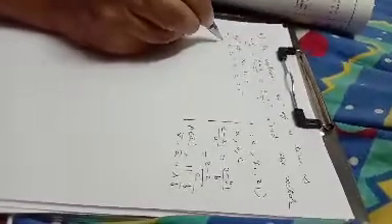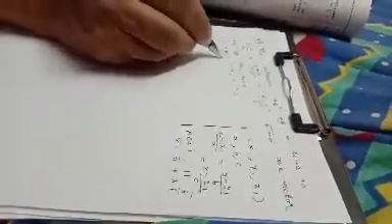From given equation of line in Cartesian form, we can find coordinates of point which lies on line. Compare given equation with general equation. So we get x1 equal to 6, y1 equal to minus 4, z1 equal to 5. So coordinates of point on the line are (6, minus 4, 5).